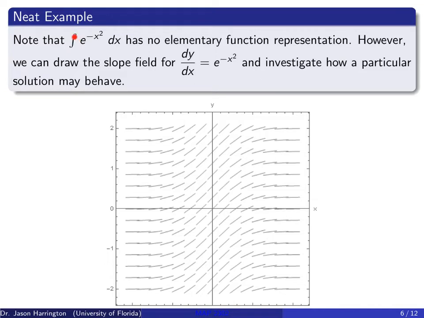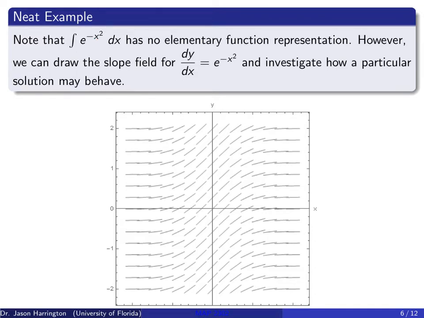Let's try to integrate e to the -x squared with respect to x. If you were to try to do that, and I encourage you to try, type it into your calculator or software and see what happens. You'll find that there is no function whose derivative is e to the -x squared, which is kind of bizarre. There's actually a mathematical proof that there is no elementary function. We're not going to get into what all that means, but just note that there is no function for this. If you're in statistics, you'll recognize this as part of those bell curves.